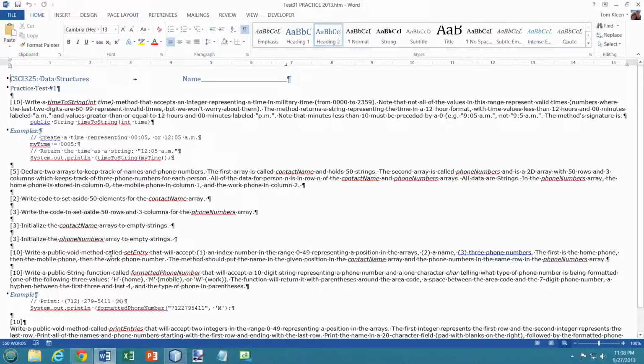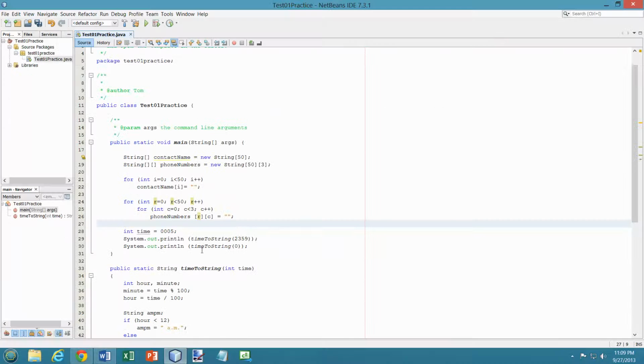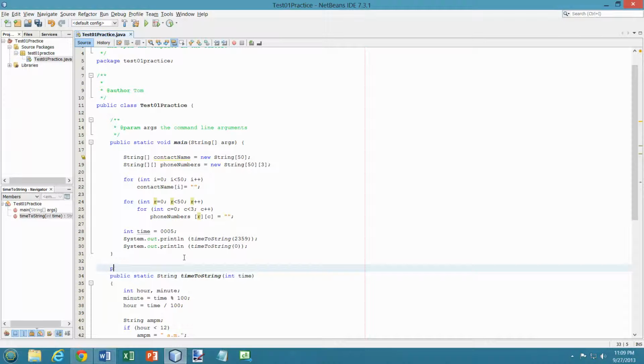write a public method called setEntry that will get a number, name, and 3 phone numbers. So pass in index number, a name, and 3 phone numbers. Okay, so it'd be something, and we would call this setEntry. Okay, so let's write another method down here. And we need position. We need a